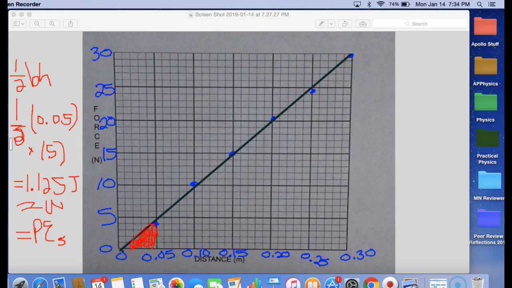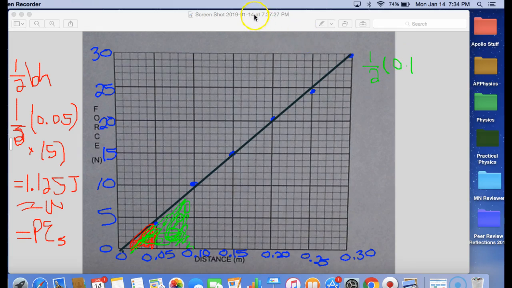So now you need to go to your next distance that you applied a force to the elastic string, which for me was 10 centimeters or 0.1 meter. So I'm going to start here, and now I need this entire area plus this, because I have to go back to 0. So this whole section, which is now a larger triangle, so using 1/2 base times height, taking 1/2, the base is now 0.1